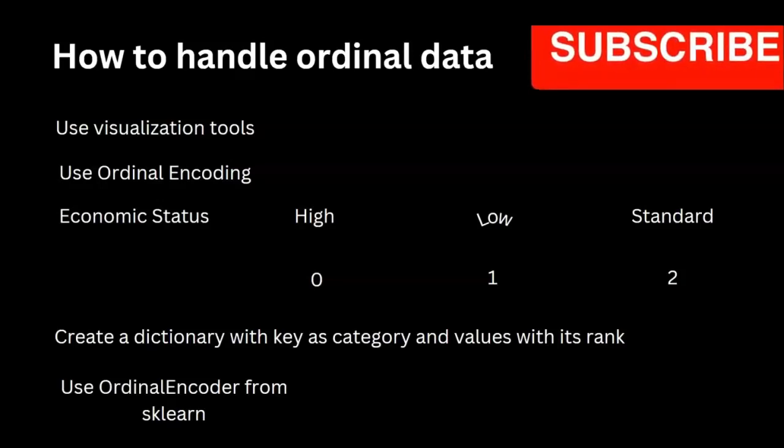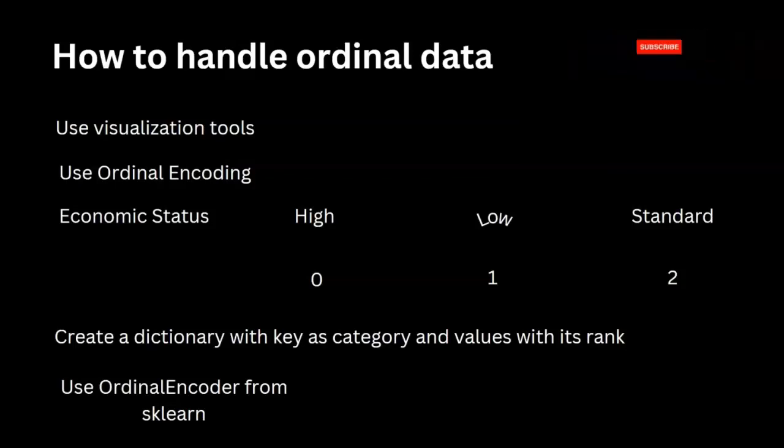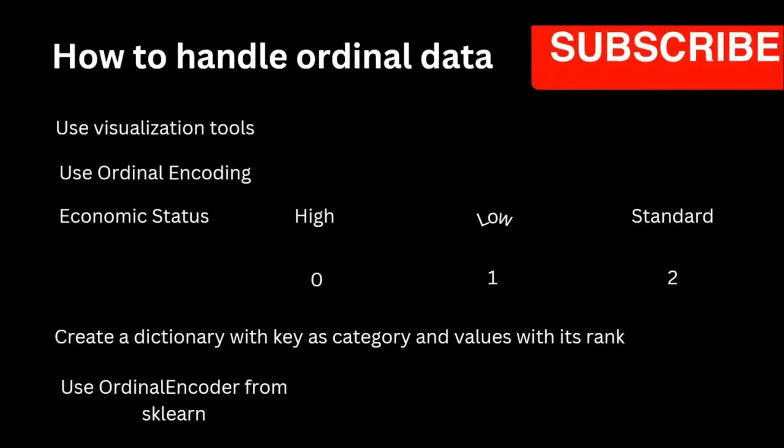in some time later in the coding section. But here, just understand we can use these tools to visualize, and we can encode ordinal data. That process is known as ordinal encoding. That is also one kind of way to convert the categorical data to numerical data to be able to fit to the